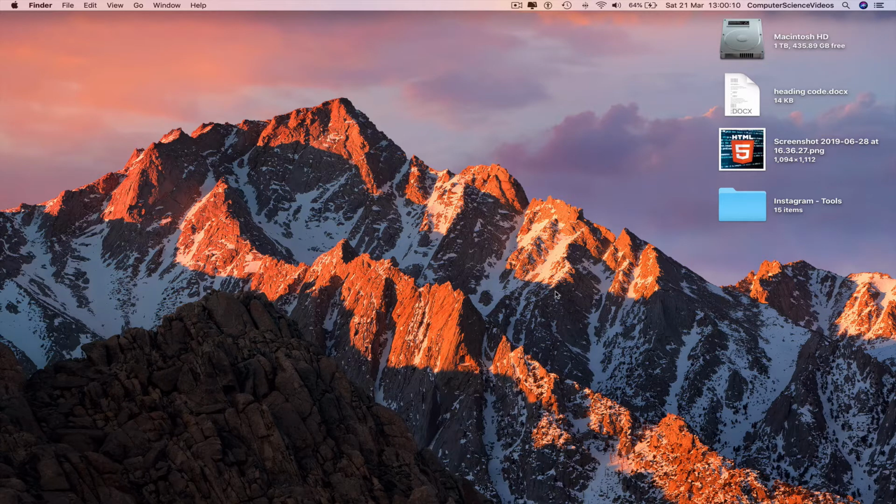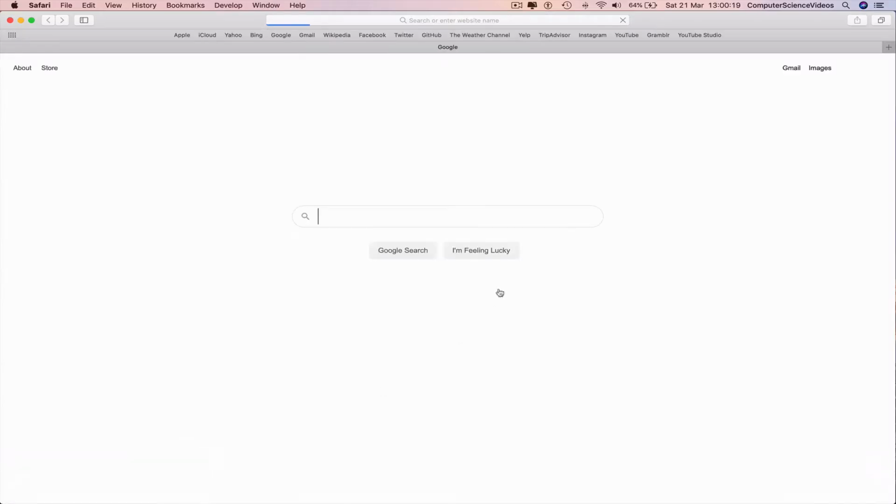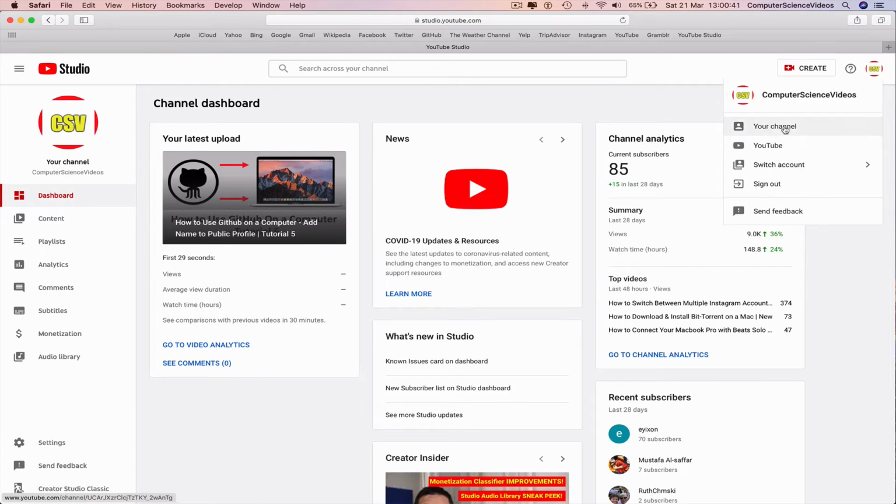So in this tutorial, you need to have access to a Mac computer and a YouTube account. So we can now go all the way down to the dock, go to the web browser, which is Safari in this case, go to YouTube Studio, make sure you're signed into the account, and then go to your YouTube channel. We can click on account